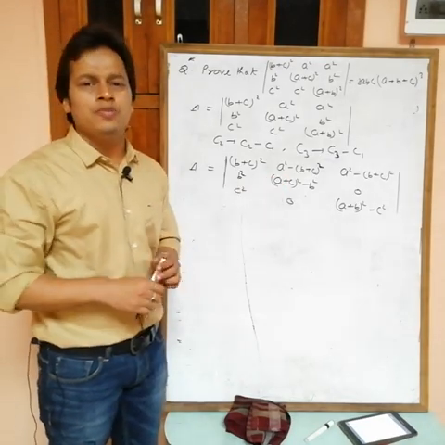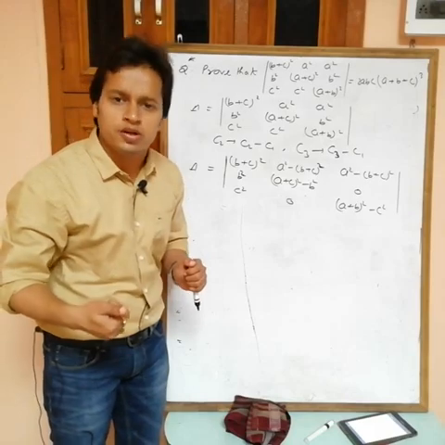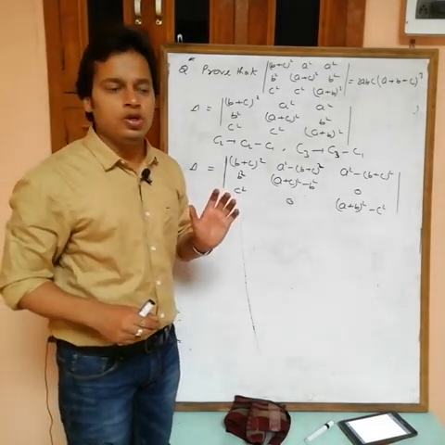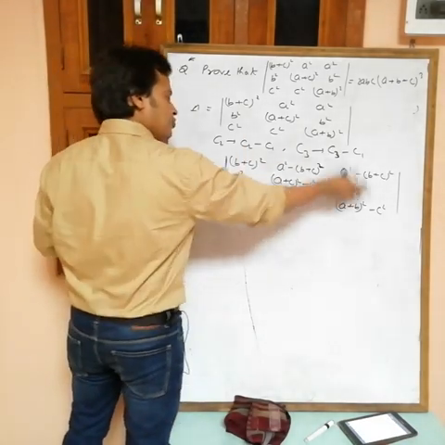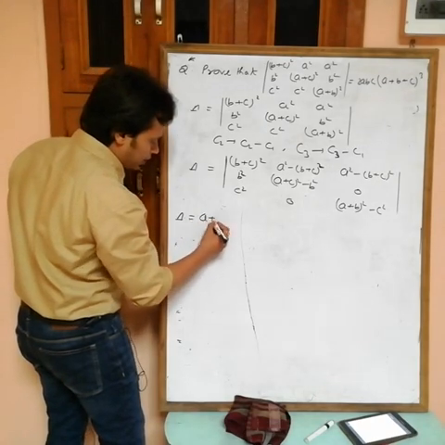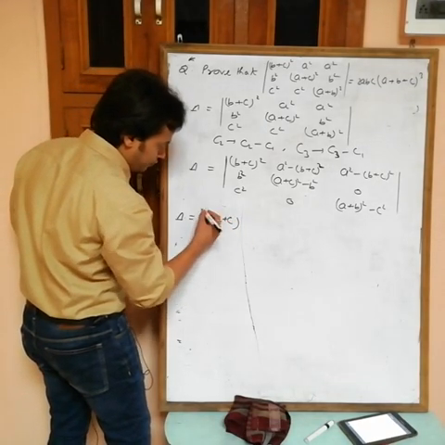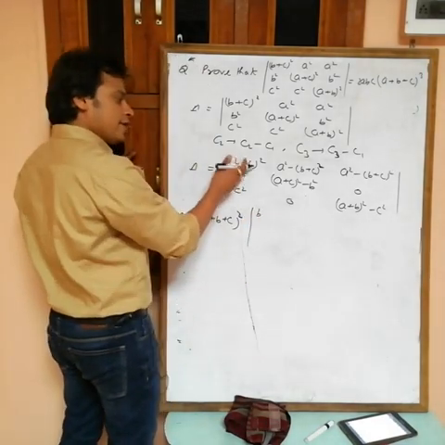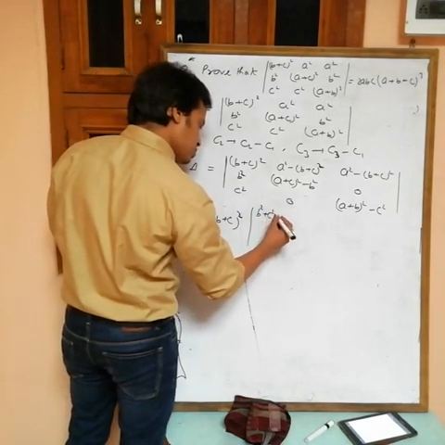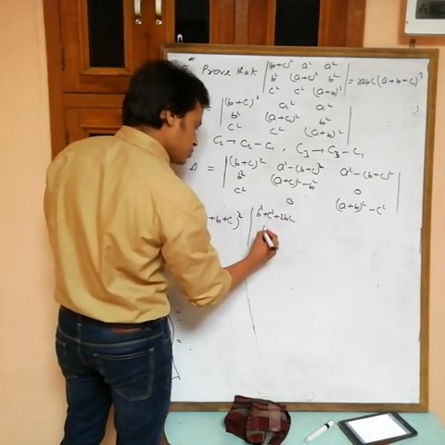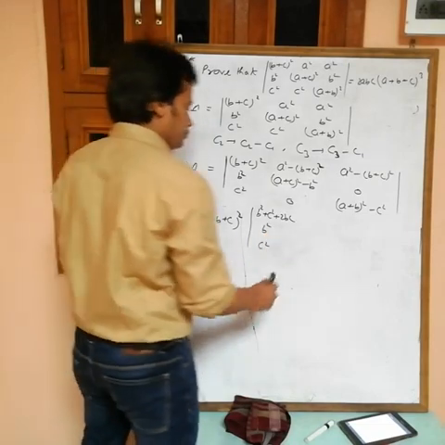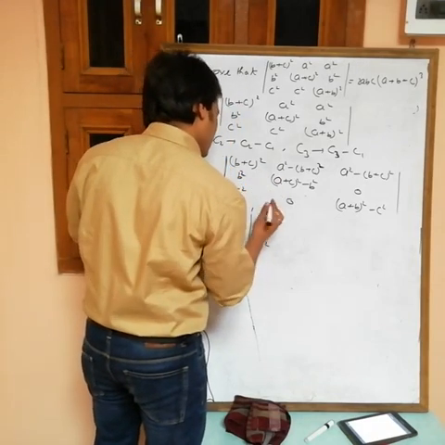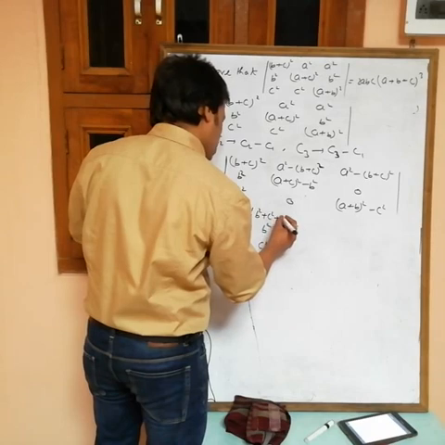If you make the factorization by using x square minus y square equals x minus y into x plus y, then in both columns the x plus y term becomes a plus b plus c. So I am taking common a plus b plus c from C2 and also from C3. Then what will you get? You will get (a plus b plus c) whole square, one from C2, one from C3. Can I expand this one? Okay, b square plus c square plus 2bc. This one is b square, this one is c square, this is 2bc. Or at this time just write (b plus c) whole square. Okay, I am expanding: b square plus c square plus 2bc.